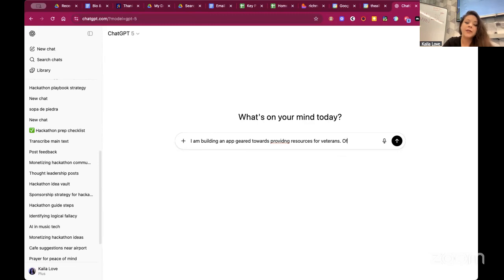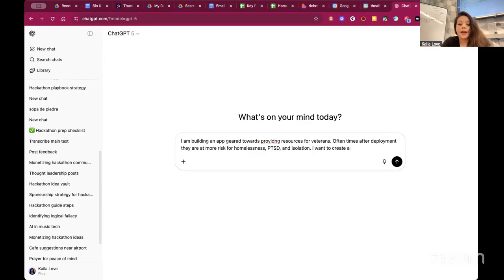Defining the problem: oftentimes after deployment, they are at more risk for homelessness, PTSD, and isolation. I want to create a hub where they can get connected with resources, both standalone resources, like guides or something, but also community resources where they can actually go out and do something physical.